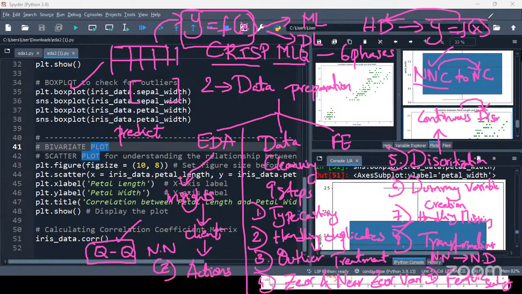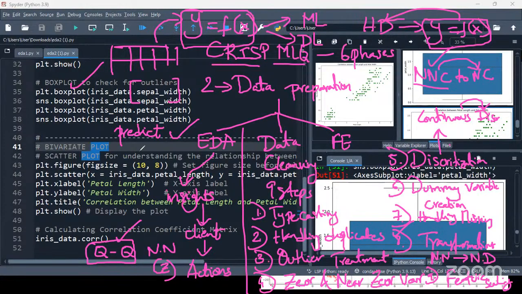The model gets trained, and once after training the model, we'll use it for predictions.